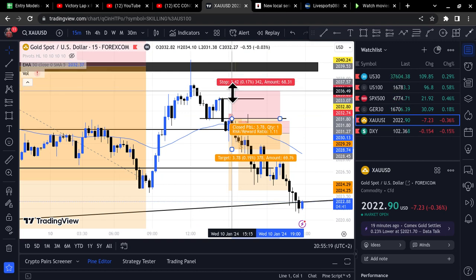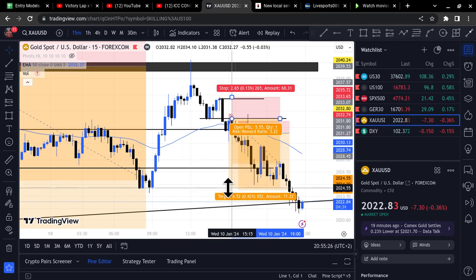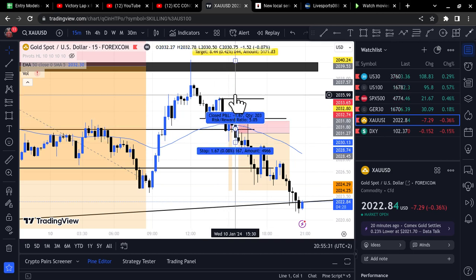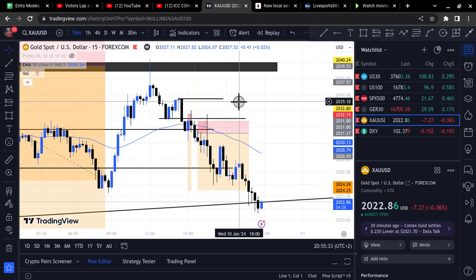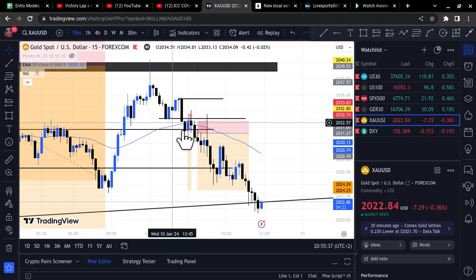Put our stops just above here, and then put our take profit right here. It would have been a really nice 1, 2, 3, but since we didn't enter there, we didn't have margin for us to put our stop losses right above there. So anyways, that was the first thing I learned from this trade. Secondly,